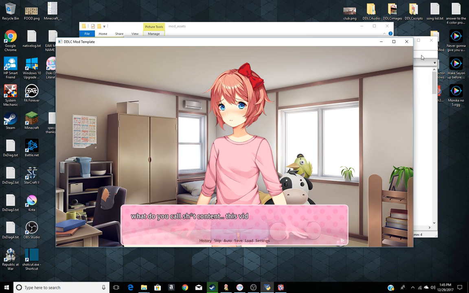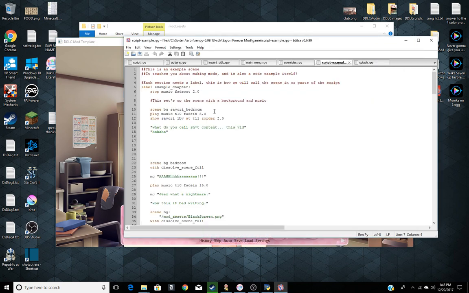Actually, I'll show you some more transition things later once I figure out how to do them. But anyways, it just pops right into the screen. And it will do it in the order of the lines, so it goes down through this way. Okay, so you got scene,